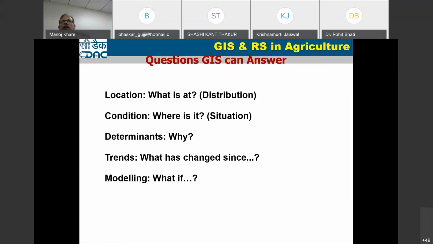That kind of modeling you can do in GIS. So you can find out where a location is, why something has happened, for example why productivity is reduced, what has changed since a particular time, and what will happen if I do it like this.